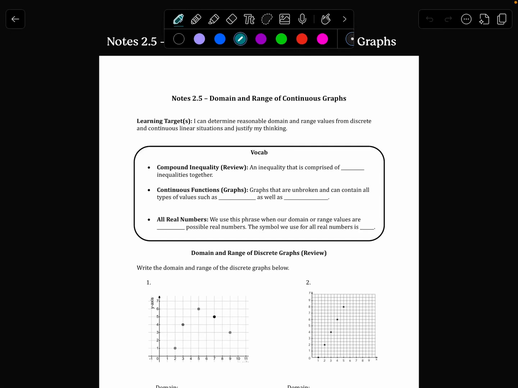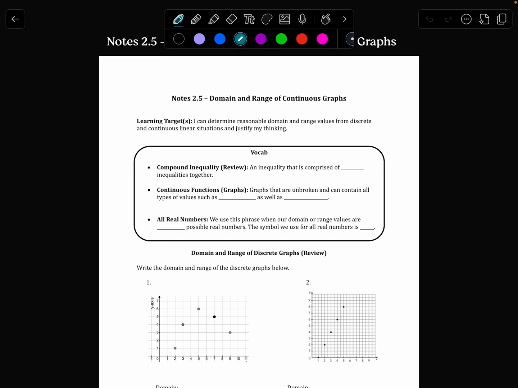Good afternoon. Today we're going to be going over our 2.5 notes, which is domain and range of continuous graphs. We spoke in the last set of notes about continuous and discrete functions, where we had an emphasis on finding the domain and range of our discrete graphs. And today we're going to focus primarily, when I say primarily, I mean mostly, on the domain and range of